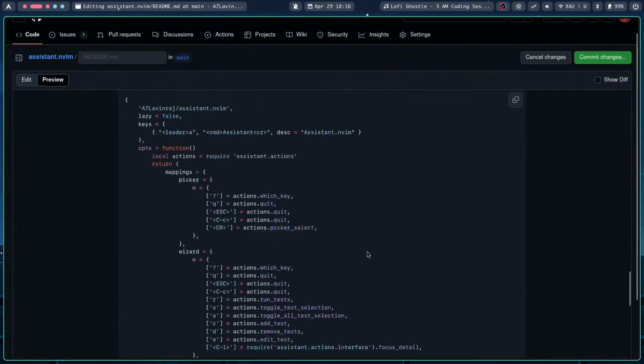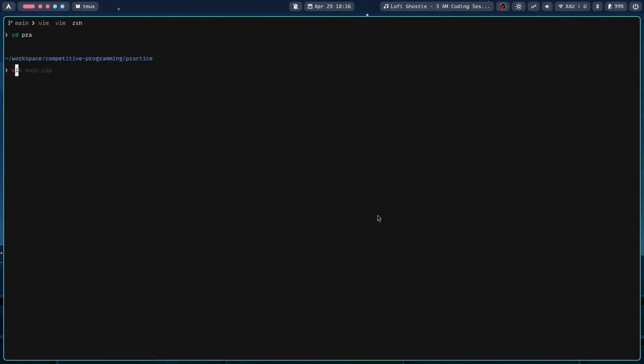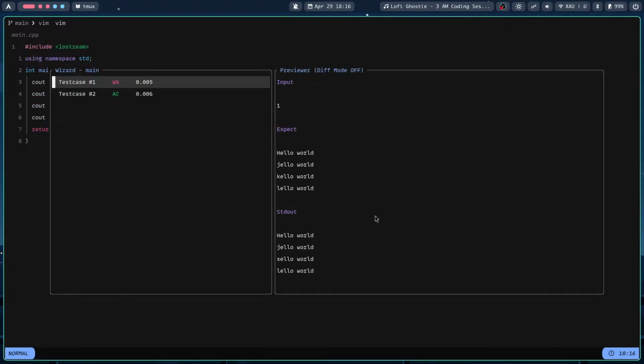Because now you can create your own custom components here. Like if I want to give a demo on that, this is a wizard window, this is the previewer window, and I have implemented my own picker. I was using the snacks picker and dressing.lua before I implemented this picker, but as you all know,